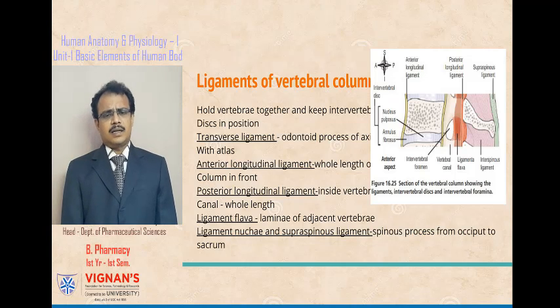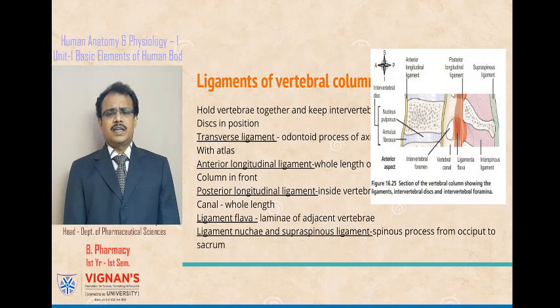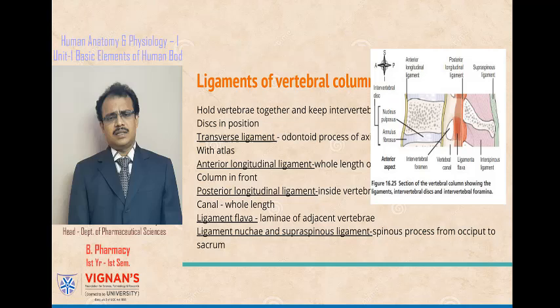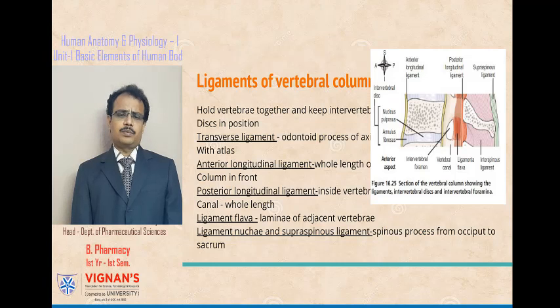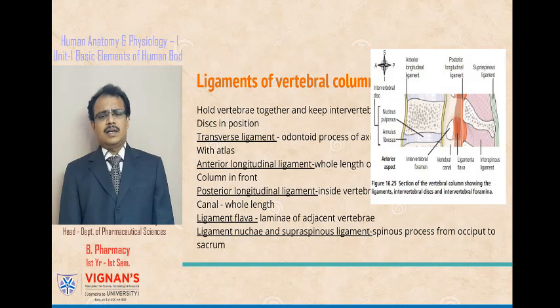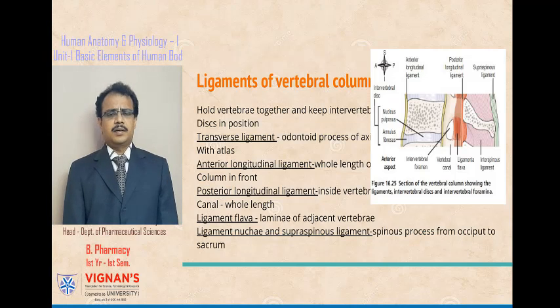And there are other ligaments called ligamenta flava which give attachment to the pedicles of individual vertebrae, and the supraspinous ligament which extends from cervical to the lumbar vertebrae runs over the spinous process, and this gives attachment to the spinous process, and all these ligaments will hold the individual vertebrae in place so that they are not displaced from